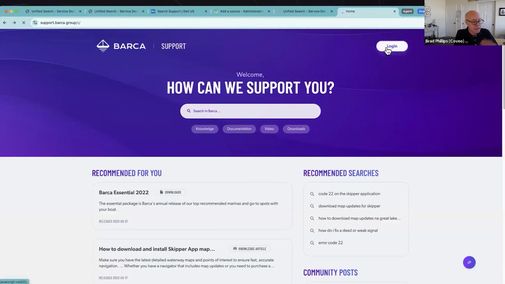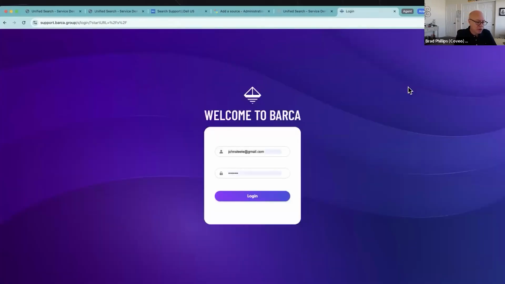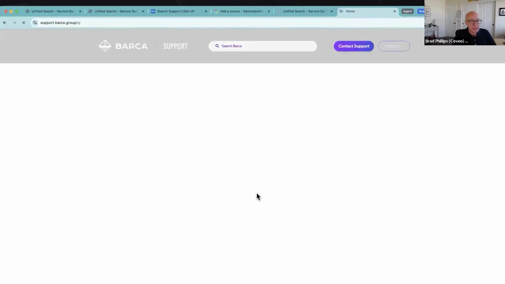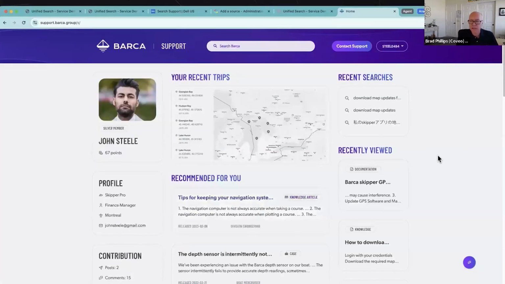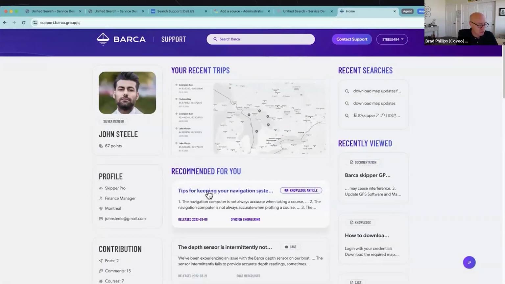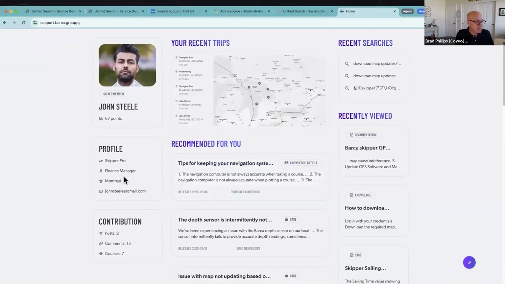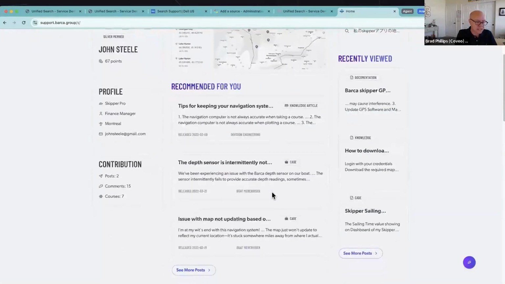Let's actually log in. As you saw on the Dell site, our customers really want to encourage customers to use their profile detail to have it personalized. And so when I log in as John here, what you're seeing is we're going much further, especially around those recommendations. Now we recognize, well, great, John may be this sort of mild-mannered finance manager during the week, but he's Superman on a sailboat. He's got this goal of sailing all 5 of the Great Lakes. He's already started doing that. So Barca's GPS is keeping track of that. They're using that as profile to personalize search results and then even personalize these recommendations.